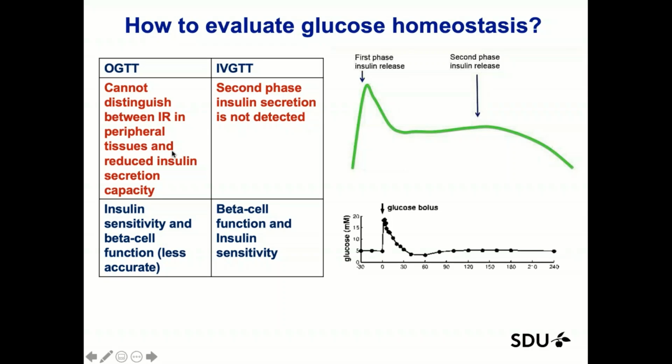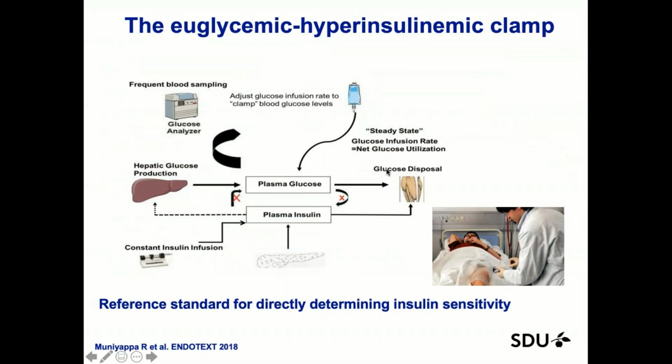But of course, you can use these methods, as I mentioned, to diagnose diabetes, but you can also use them to estimate insulin sensitivity and, to a lesser degree, beta cell function. And the IVGTT can of course also measure beta cell function and insulin sensitivity. But I really want to highlight that the gold standard to measure insulin sensitivity is actually the euglycemic hyperinsulinemic